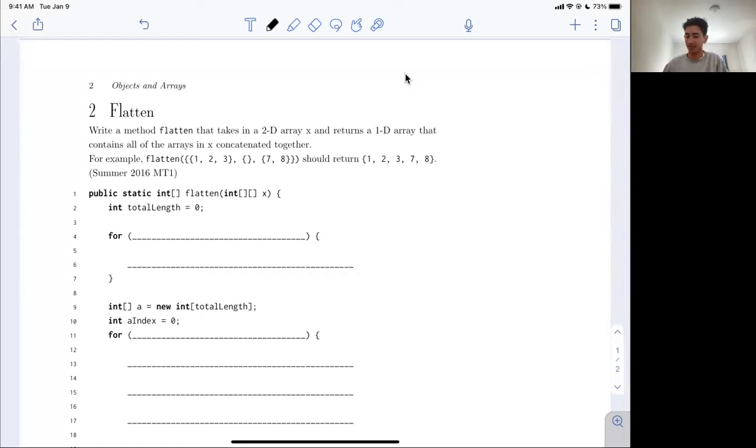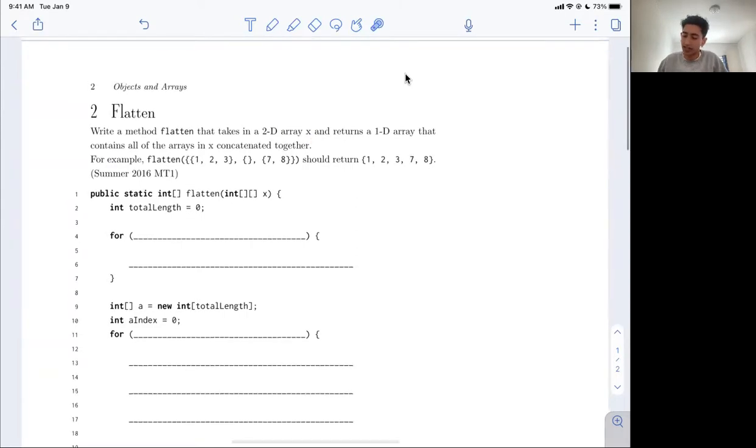Hello. Today we're going to be going over exam prep question 2 for discussion 4. So this is the question at hand, and what we have to do is write a method flatten that takes a 2D array X and returns a 1D array that contains all of the arrays in X concatenated together. So we have an example here of